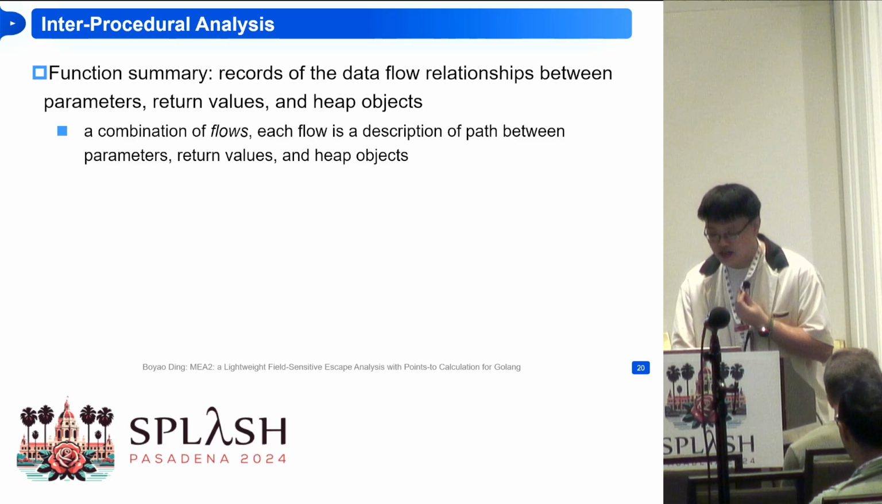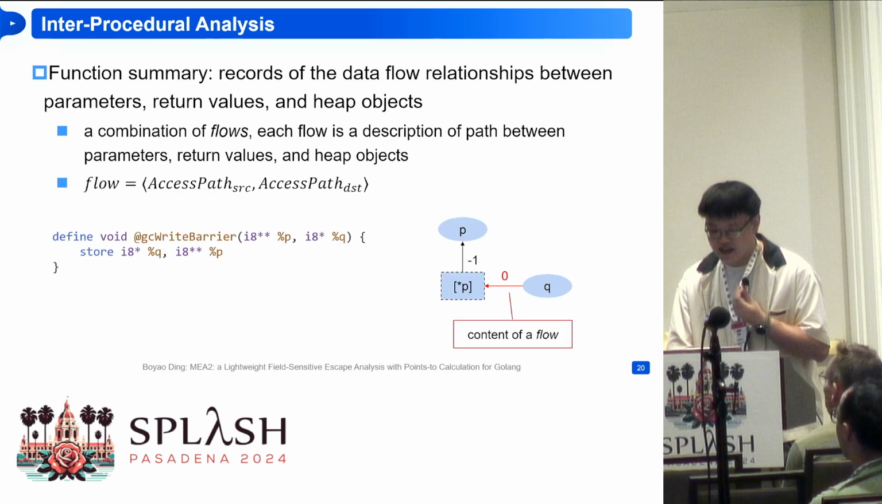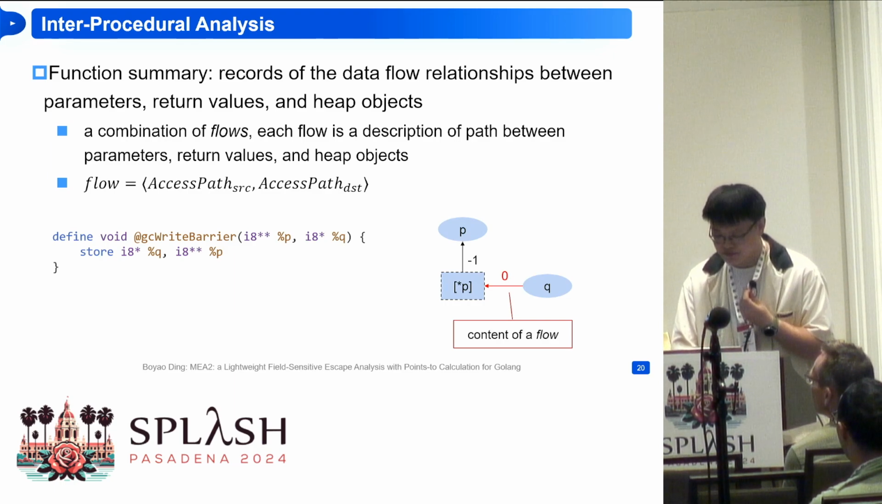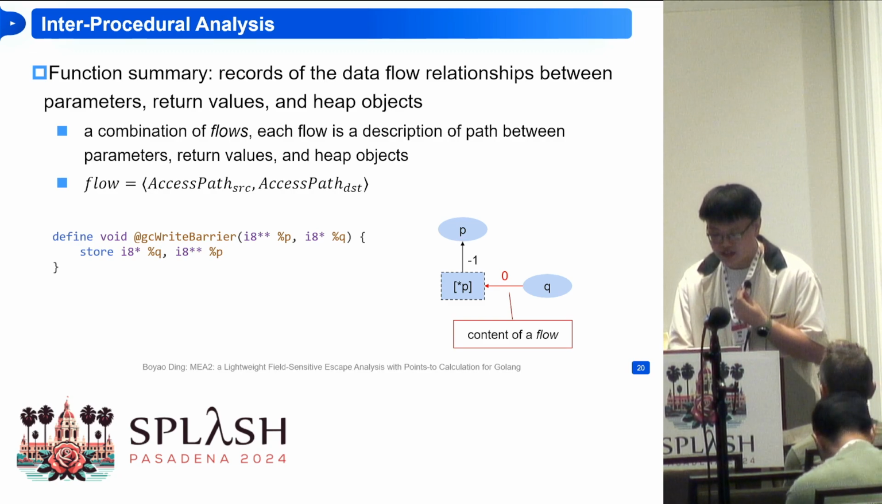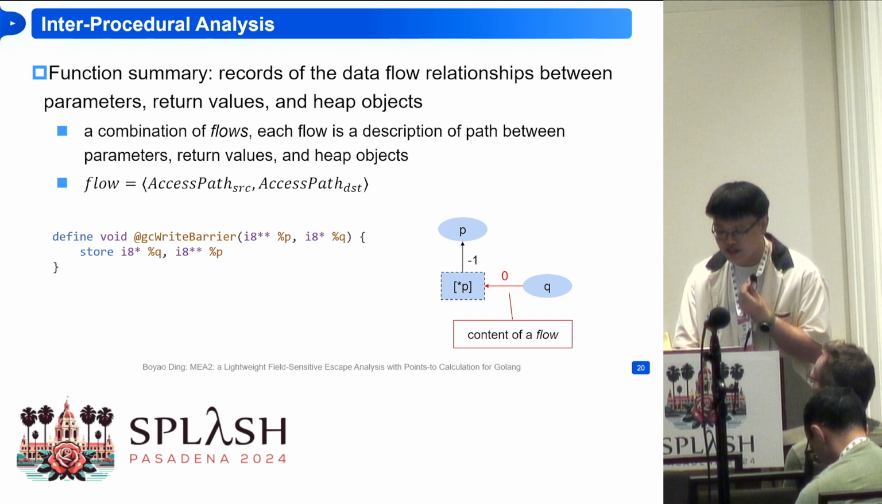Function summaries are records of data flow relationships between parameters, return values, and heap objects. Each function summary is a combination of flows. The design of flow is as follows. It consists of a source access path and a destination access path. Each flow represents an assignment between the node accessed from the source access path and those accessed from the destination